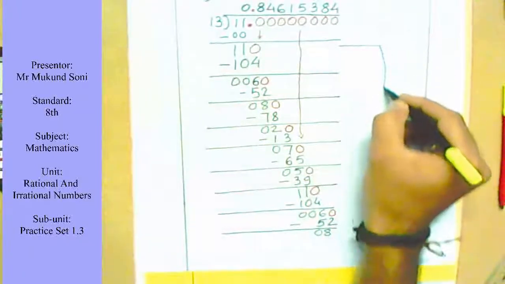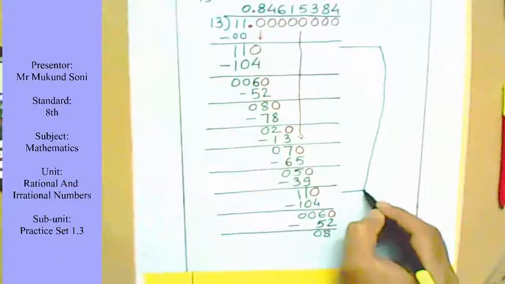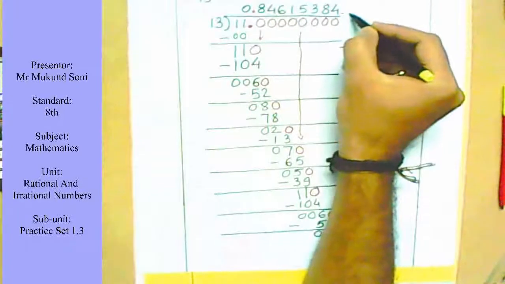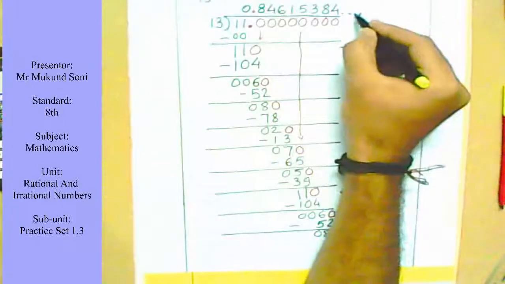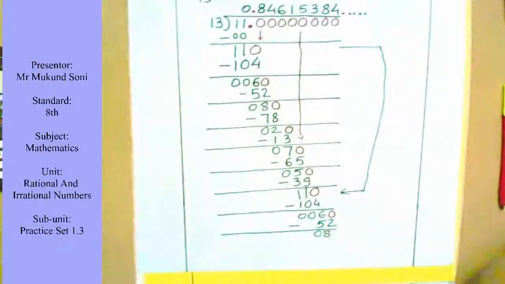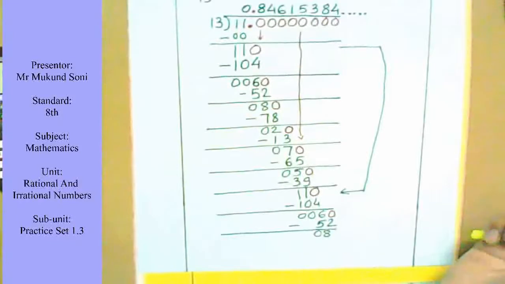That means as I can see there is a repetition going on after this, then this is the place where we see the repetition and we should stop our calculation. And we should put some dots after 4 in the quotient, showing that there will be a repetition of similar digits in your answer. Then let's define our final answer.